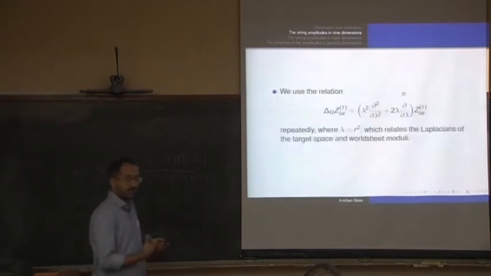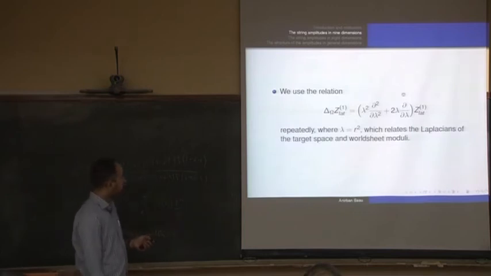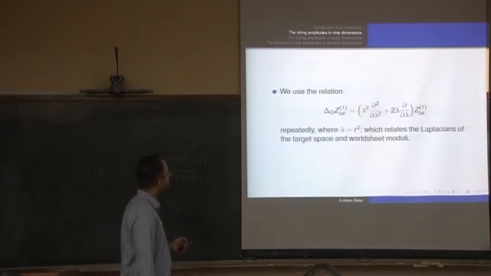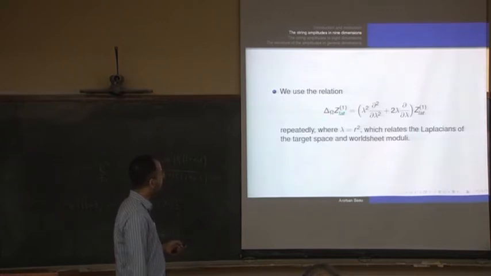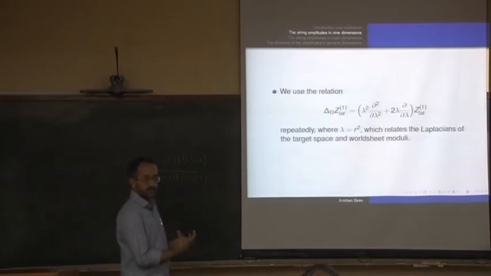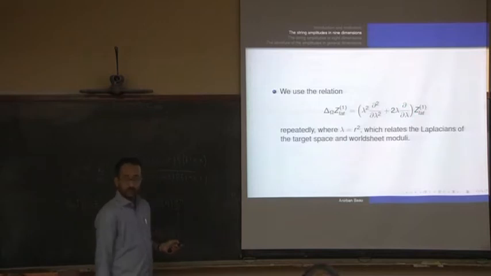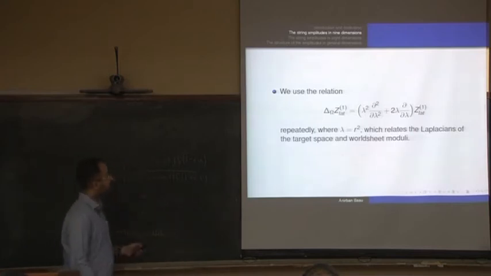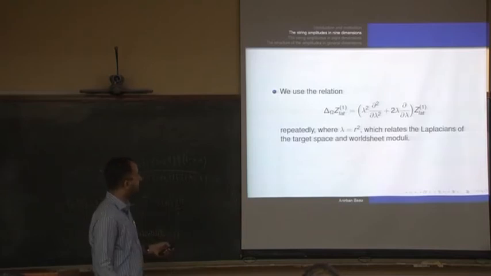So what I shall do is, I shall try to do it differently. The point is, when you act with this SL2Z Laplacian on the lattice factor, it's equivalent to this action, where lambda is R squared. So what you do is never directly calculate the integral, but act on the integrand with this. What is R again? Yeah, R is the radius of the circle. So the only R dependence is in Z lattice, in the exact integral. So you act on the entire integral with this.